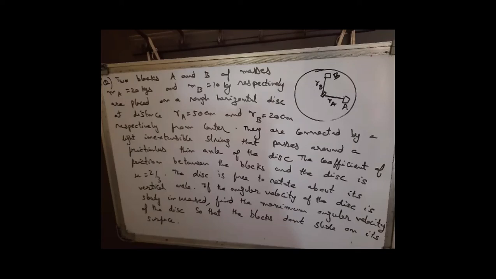So tension plus friction on A. If it is not slipping, T plus F1 should be equal to MA omega square RA. And similarly on B, T minus F2, like friction on B will be acting outwards, no, sir, because tension is high. So T minus F2 equals MB omega square RB. Then subtracting those two equations, we get the maximum omega. You're taking F1 and F2 as limiting friction only, no? Yes, sir. Both of them are taken as limiting, sir.